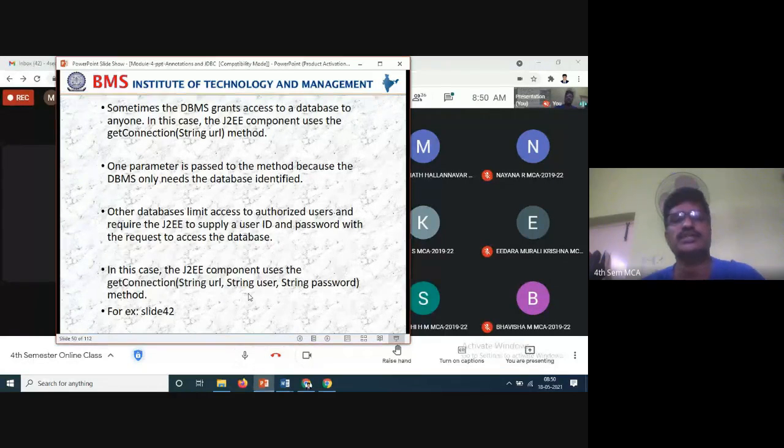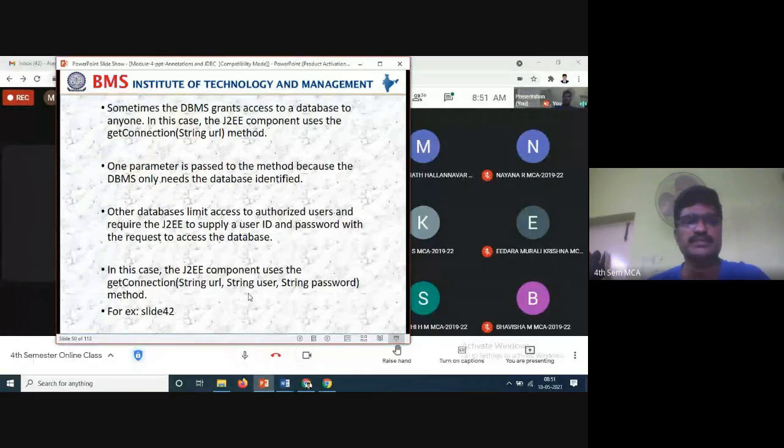So sometimes the DBMS grants access to a database to anyone, and in this case the components use the getConnection(String url) method. The connection is established by using the getConnection method only. Java provides getConnection for the purpose of establishing connections, as we have already discussed.